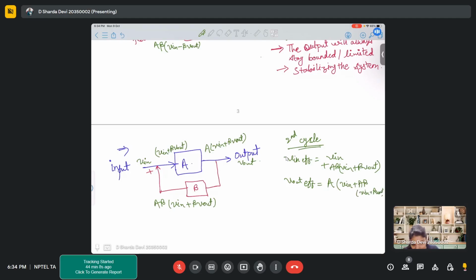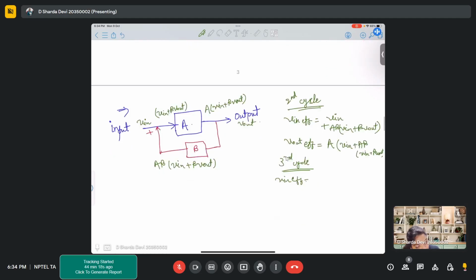This is again being fed to input. So for the third cycle, V in effective will be V in